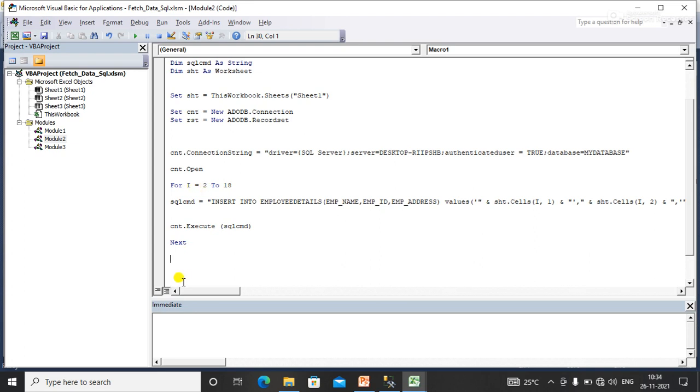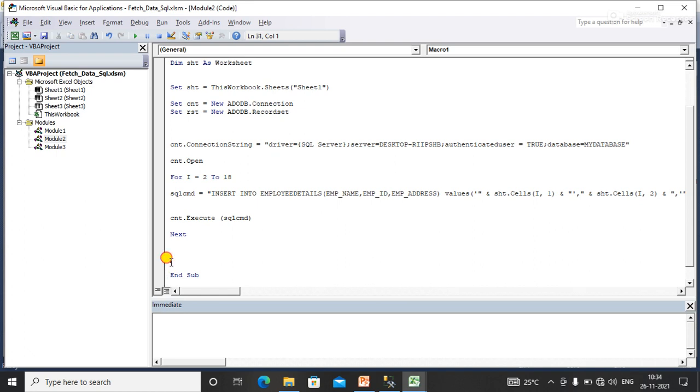I know that we have another approach as well to store the data from Excel to SQL Server, but for now I am using just this approach. Once it's done, it automatically uploads the data into the SQL Server database. Now I'll execute the code and show you the output.